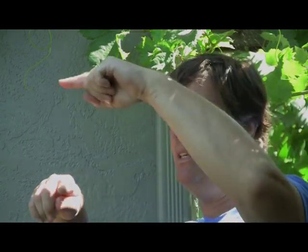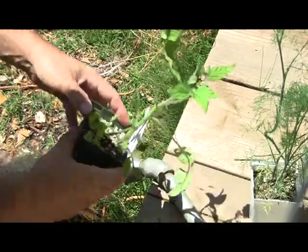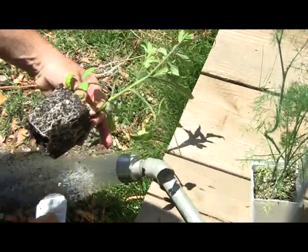You need to take already established plants that you can buy in a store. So what I do is I seed my plants in peat moss or in some sort of vermiculite, grow the plants until they're about yay big, then remove them out of the box, wash them off until all the soil is off. So here I'm doing it with a tomato plant, and I'm doing it here,